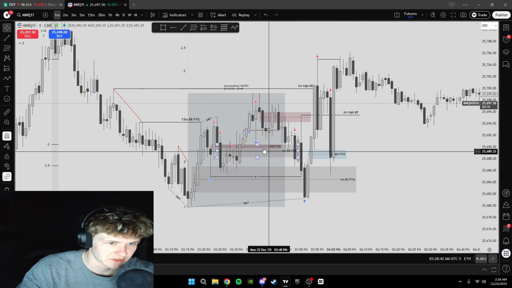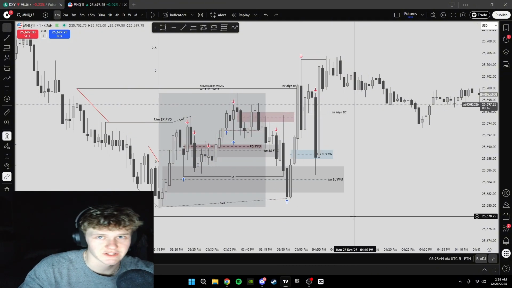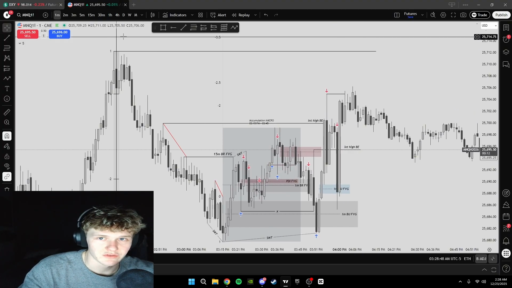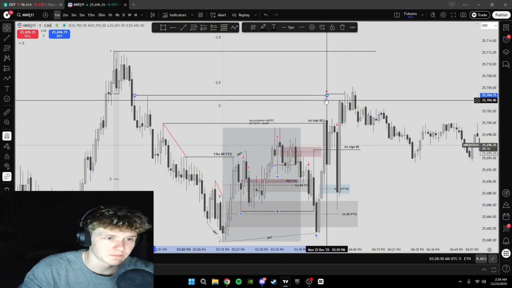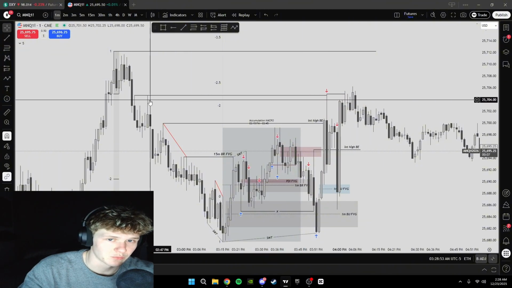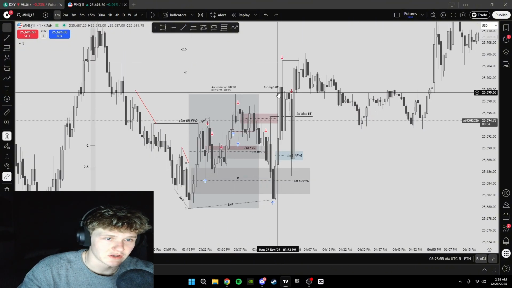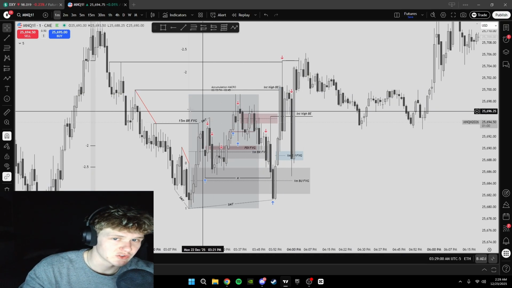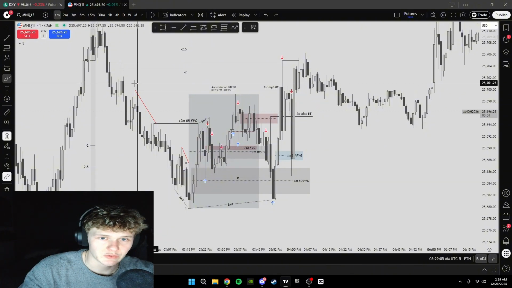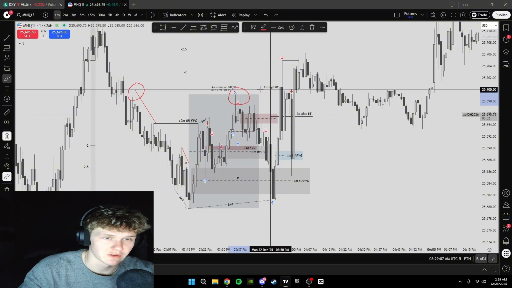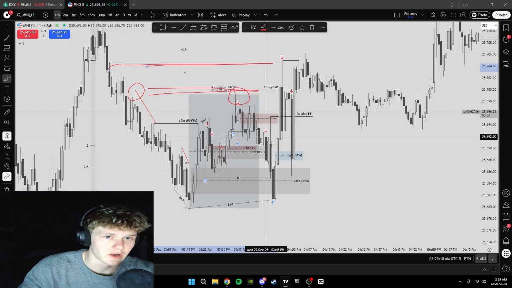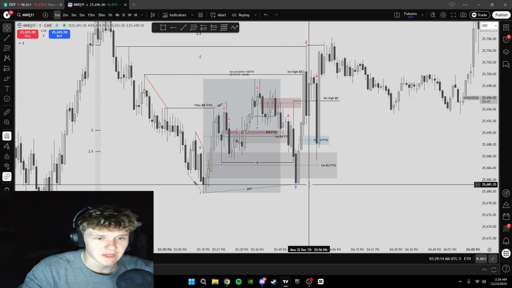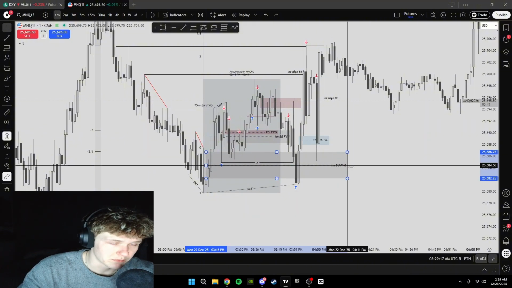but I'm comfortable taking this turtle soup because I understand how AMD works in the market and understand our draw on liquidity, whereas this 5 minute highs right here, there's an unfilled 5 minute fair value gap with 2 equal highs under it, as well as this internal high that price had swept out, or price needed to sweep out because at this point we had equal highs right here and right here. So there's this equal high level and then this equal high level that both need to get manipulated on the buy side. So essentially, as price came down, turtle soup these lows into this 1 minute bullish fair value gap,